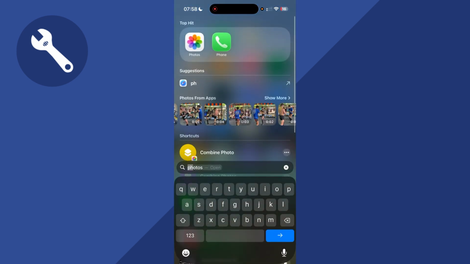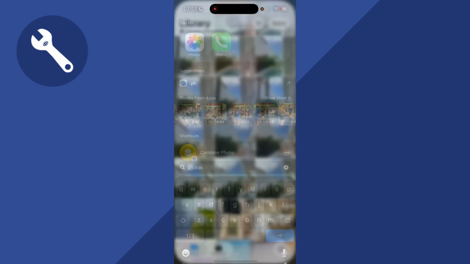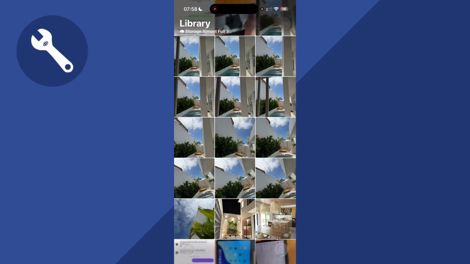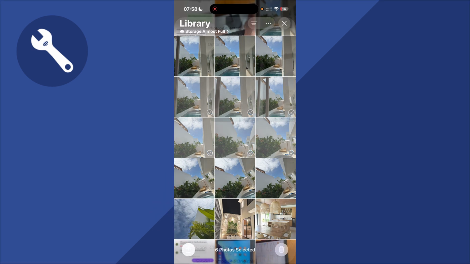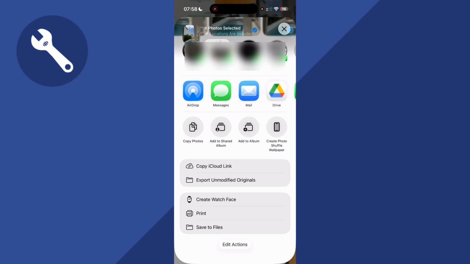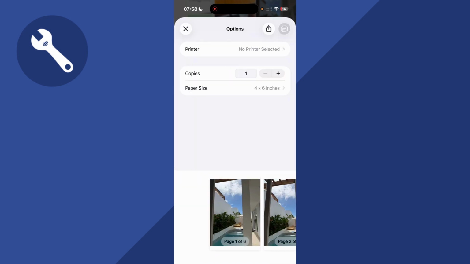The first method is by opening the Photos app, click on Select in the top right hand side, and then just select the photos you want to merge together. You can then click on the share icon in the bottom left, scroll down to the very bottom and select Print. Now click on the share icon, and as you can see, it's going to convert this into a PDF